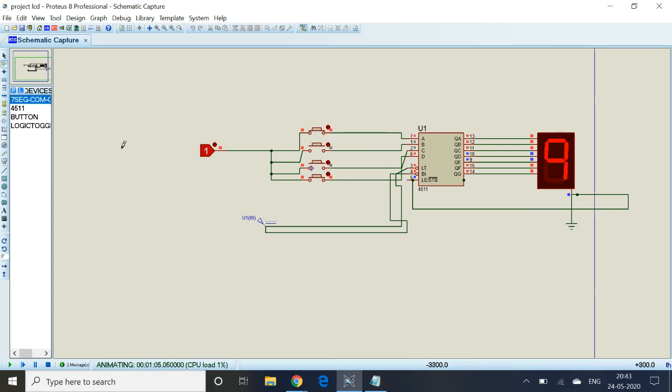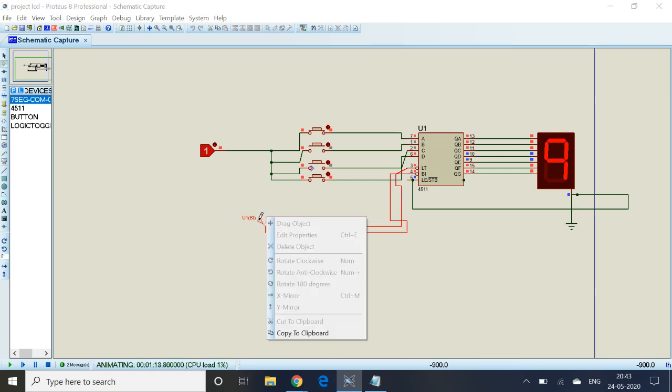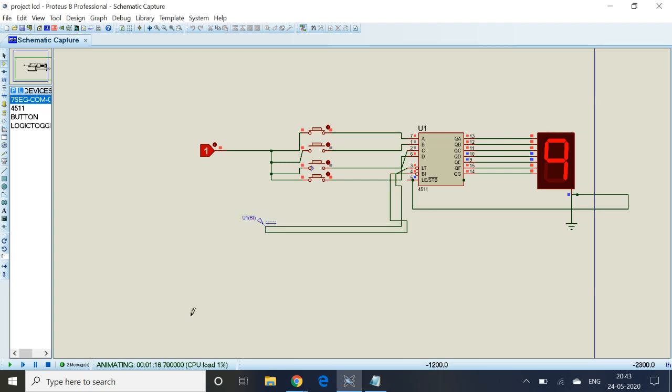So I'm showing here all the display numbers, how they will be displayed. So this is the display process. This is a digital clock which I used here. So this is all about how this BCD to 7 segment decoder works.